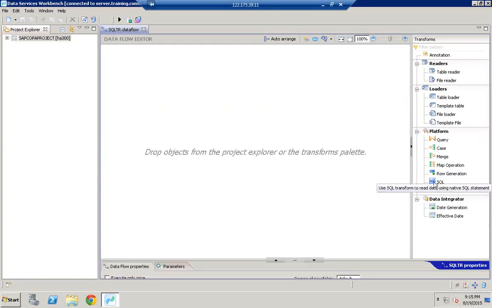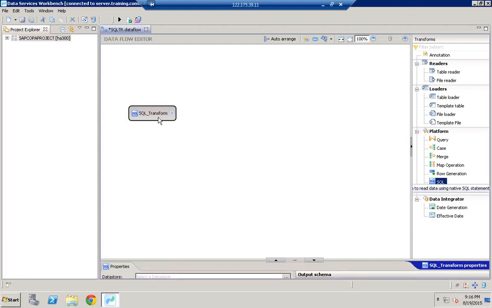On your right hand side, we see SQL Transform. Now what is the use of SQL Transform? Use SQL Transform to read data using native SQL statements. So you can read data from the remote sources. When you select the SQL Transform and drag and drop onto the work area, I selected the SQL Transform, it only has an output, it does not have an input. So let us select two SQL Transforms. Now what I will try to do now,